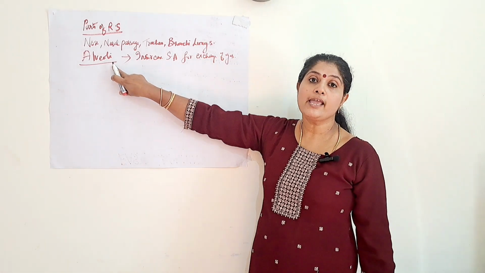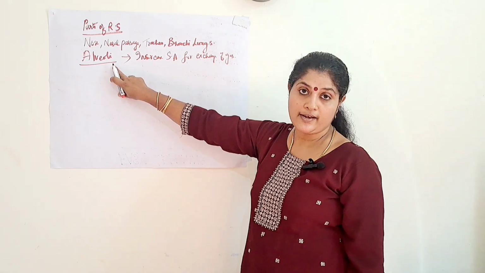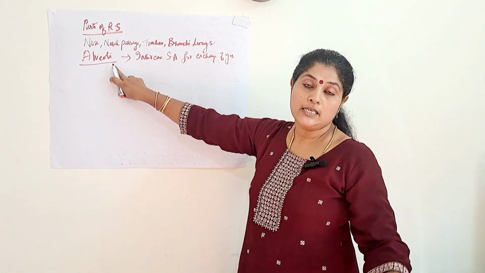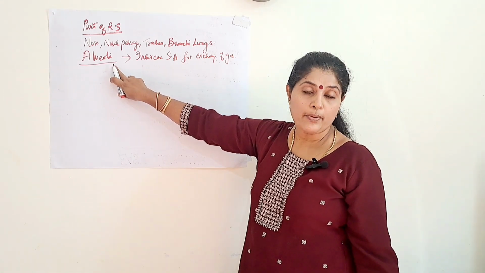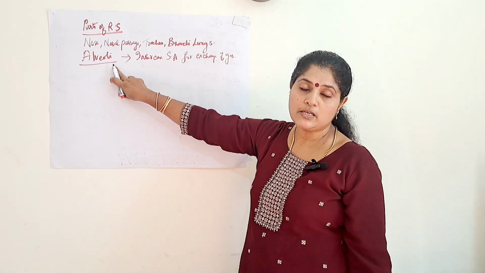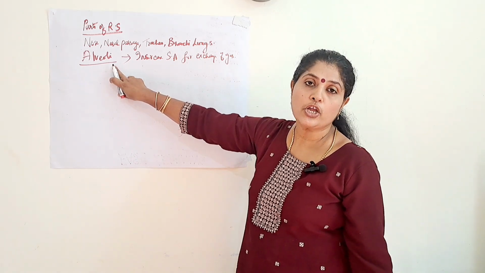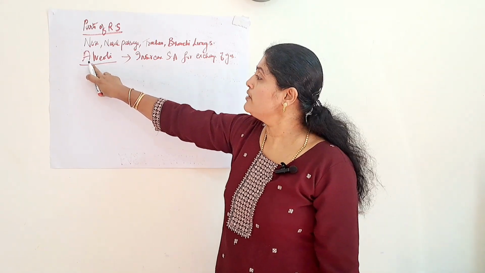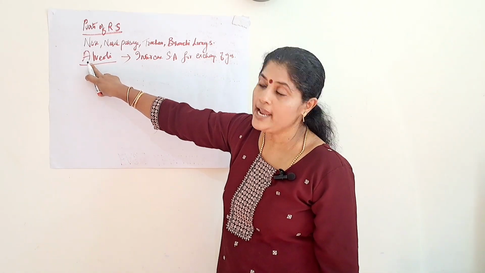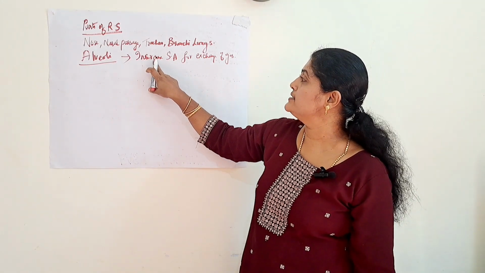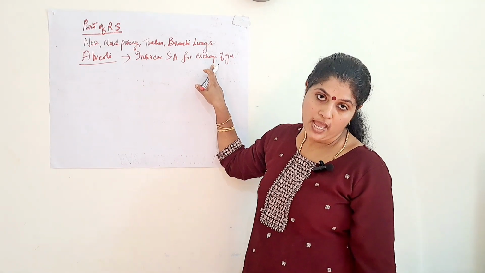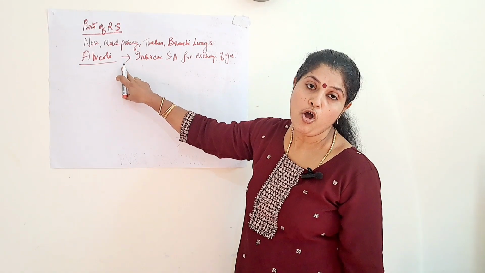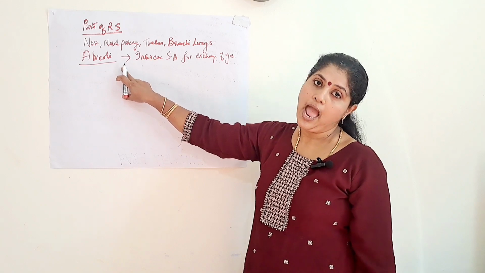So alveoli is one main part present in the respiratory system, at the end of the bronchioles. The bronchi are again subdivided into smaller branches, known as the bronchioles, and at the end of each bronchiole there is a pouch-like structure, also known as the air sac. The name of that air sac is alveoli, and its main function is to increase the surface area for the exchange of gases. In the respiratory system of human beings, you should know this part very well.